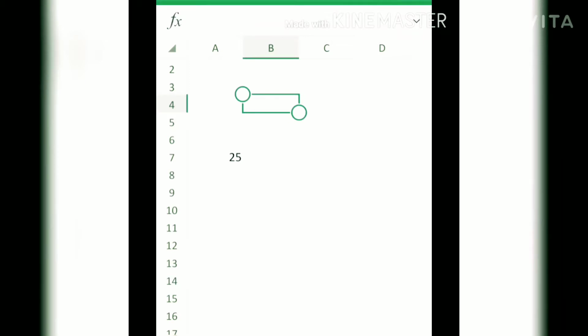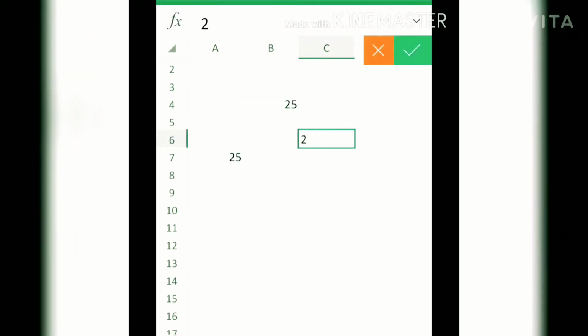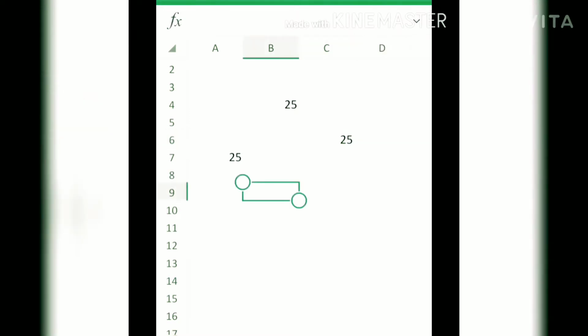First we already have one number in one cell, and in the next cell type another number, and also write the next number in another one. After that, select a cell. If you want to add these three numbers,